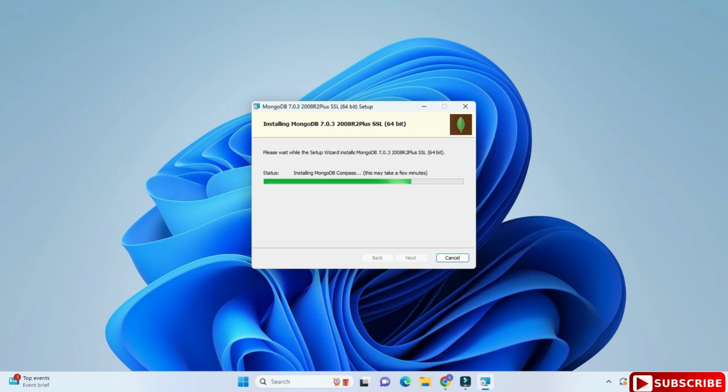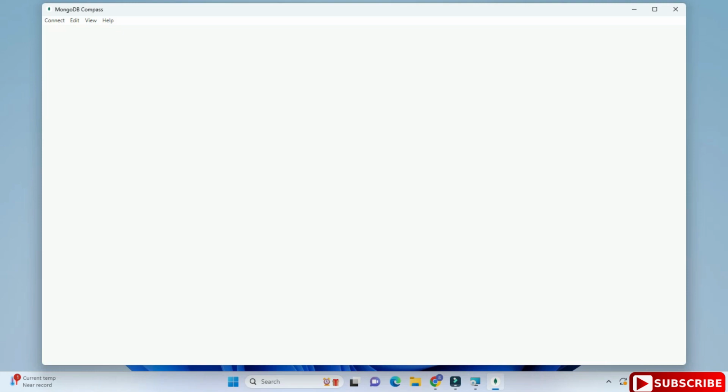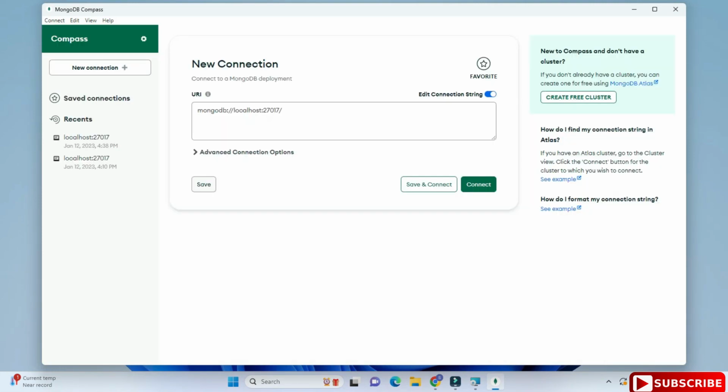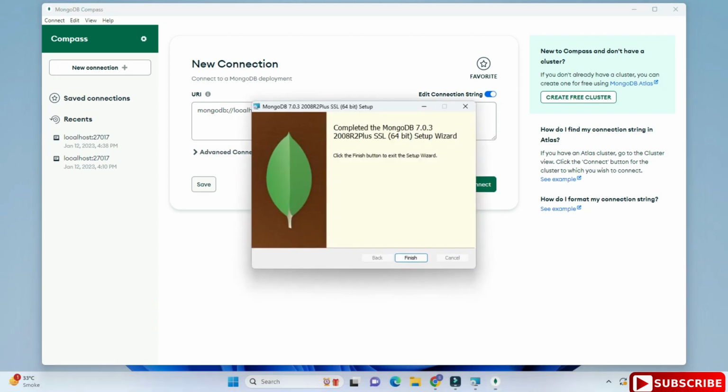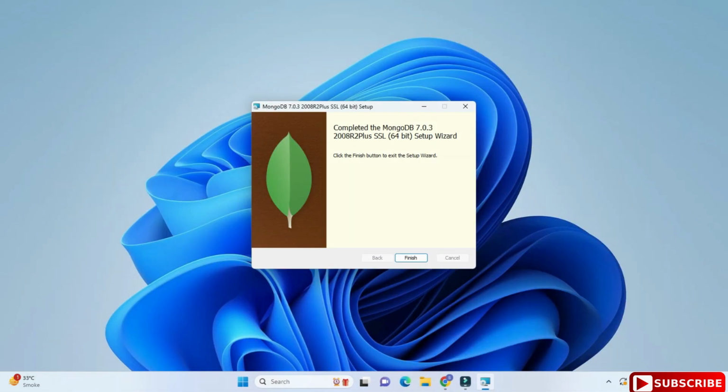Okay guys, so my installation is done. It is showing me installation completed, and in the back, guys, you can see it is showing me MongoDB Compass. So I'm not going to show you MongoDB Compass in this video. I'm going to make a separate video for that. In this video, I will be showing you mongosh CLI commands. Okay, so just minimize or close this MongoDB Compass. So you need to simply click on the finish button to complete this installation. So installation of MongoDB is done. So server installation is done.